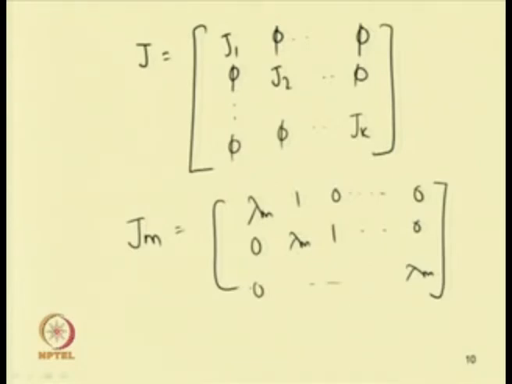So, on the diagonal this is lambda m, and just above it we have a term that is 1. So, this J m matrix is not diagonal, as we have the entry 1 just above the diagonal terms. Here we are assuming that we have k distinct eigenvalues, and let us also assume that the multiplicity of the mth eigenvalue lambda m be n m. For example, let us take